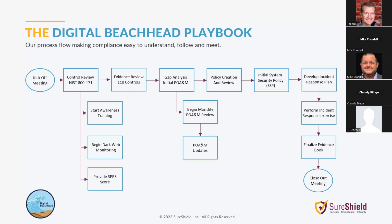Included, we also develop your incident response plan, and we create tabletop exercises with you and run through some tabletop exercises so that not only can you say we have a response plan, we actually test it. Then we finalize your evidence book through the SureShield centralized repository, and you then have everything you need to say, this is my NIST score, this is what I'm uploading in SPRS,